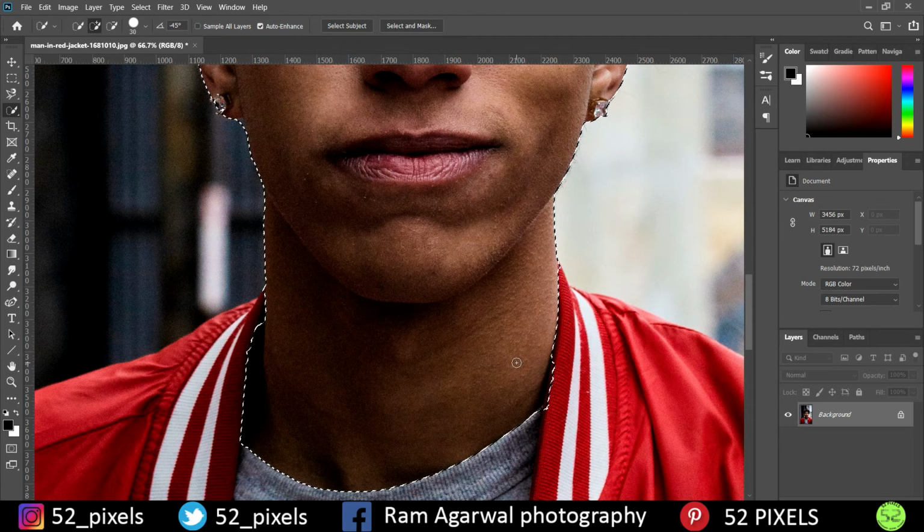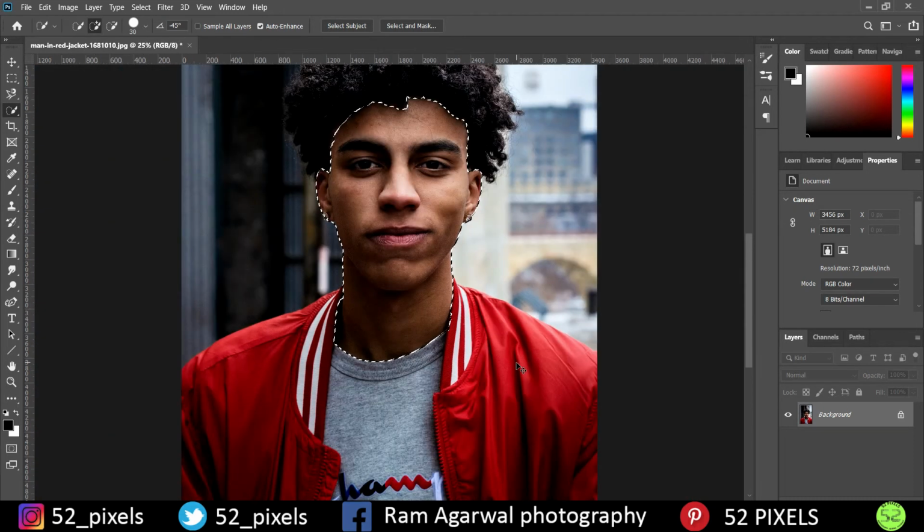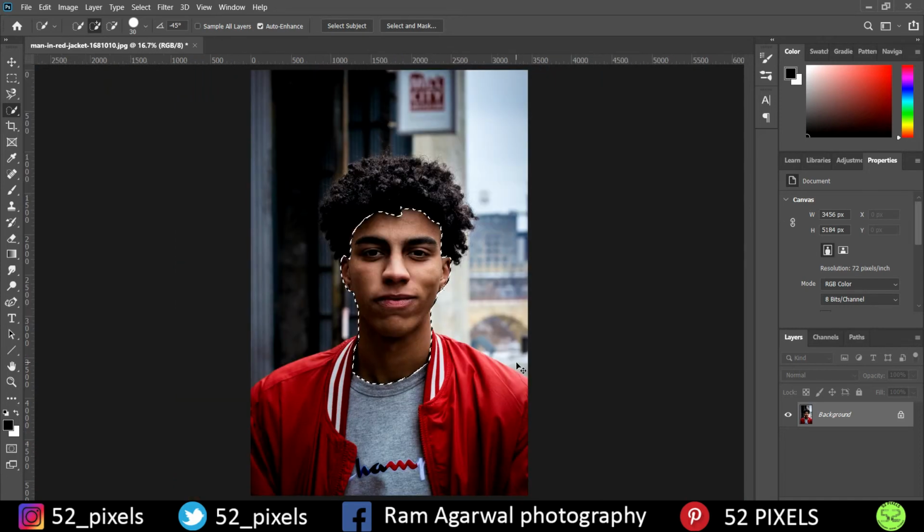So as you can see, I've selected the main face. We have to make sure that we brighten only the skin, so you don't select anything apart from the skin. For that we have selected just the face and the visible portions of the skin. Anything except the skin should be cancelled or maybe worked upon later. For now, this is what we have selected, and we need to create a new layer with this image.